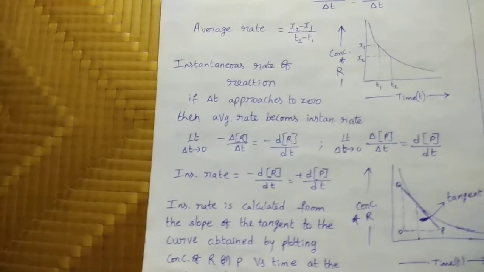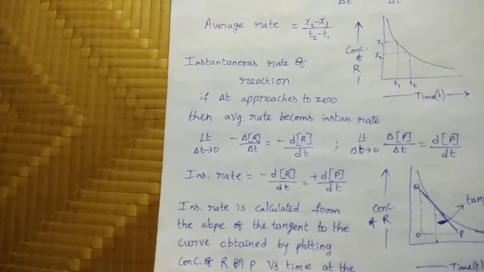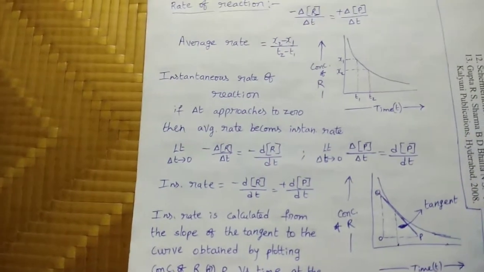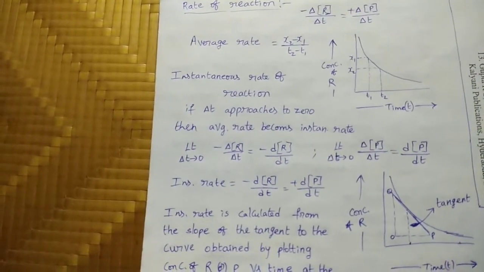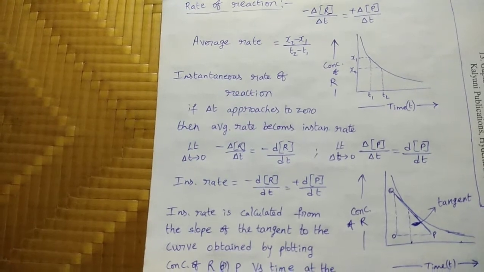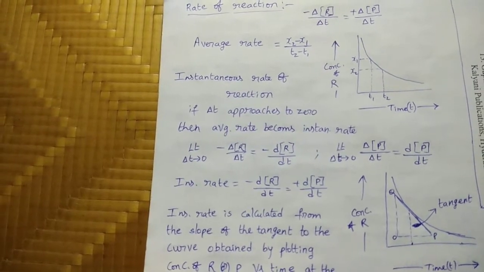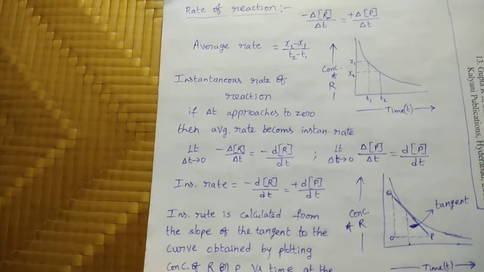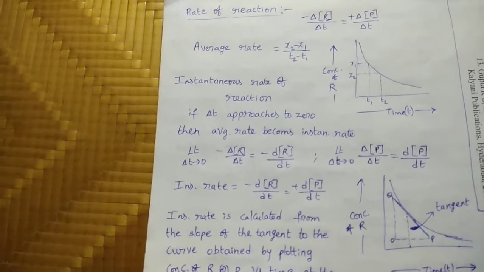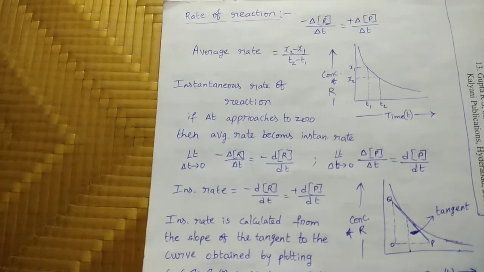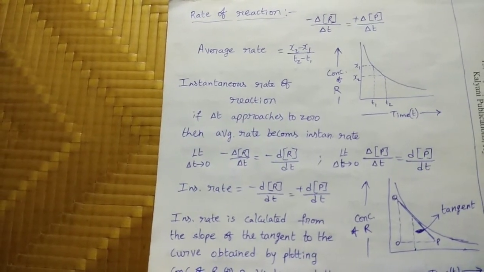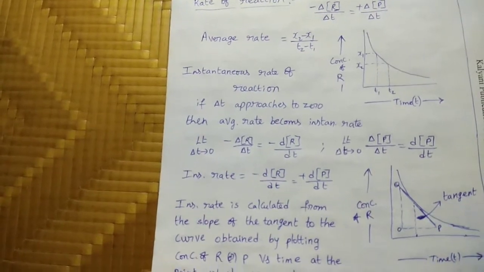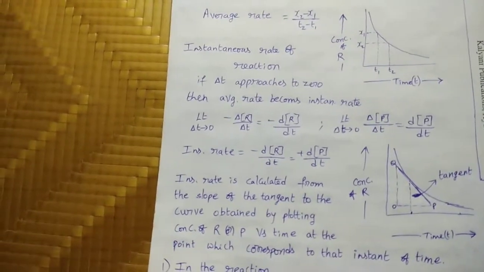That means, suppose a chemical reaction takes place in 20 minutes. In that duration, at the 61st second, if we want rate of reaction at that particular instant of time, rate of reaction is called instantaneous rate of reaction. Or at 72 seconds or 86th second, what is the rate of reaction? That is instantaneous rate of reaction. This instantaneous rate of reaction we can calculate from the graph.